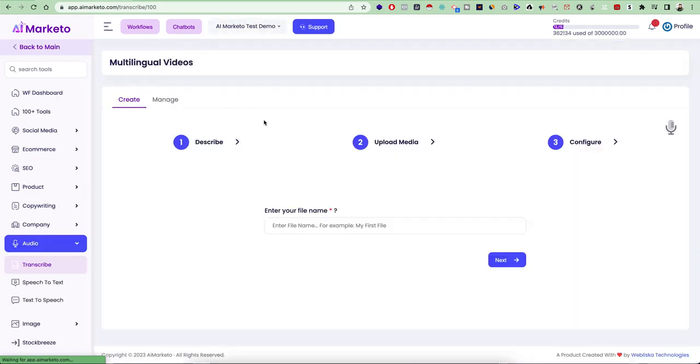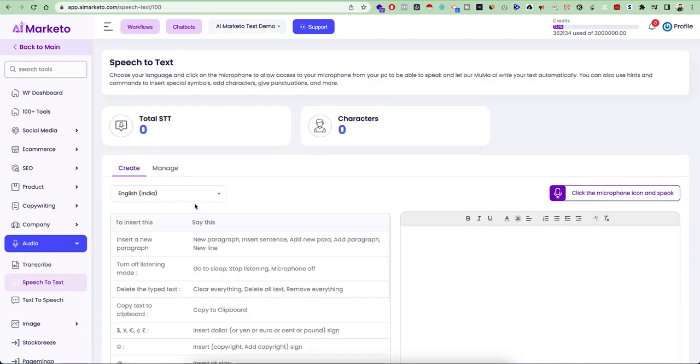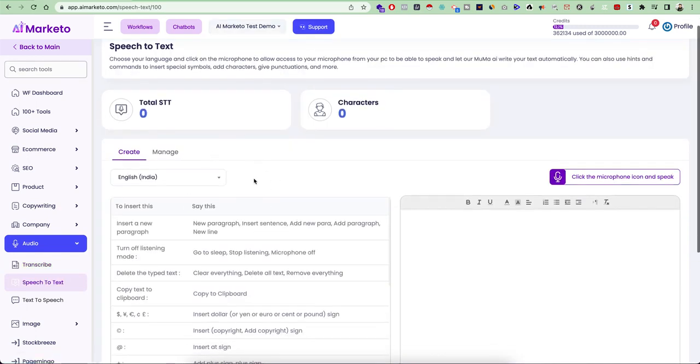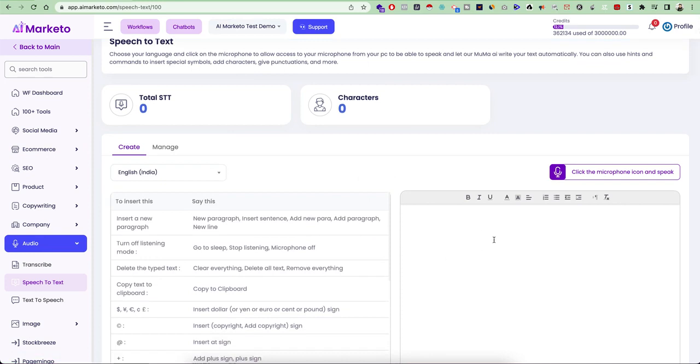So you just go here, you have different upload options, and you can also import YouTube videos directly, and it is going to give you the entire transcriptions from there. Then you have speech to text, where you can simply speak in front of the mic, and after that it is going to give you speech to text, right? So whatever you say or speak, it is going to give you all the transcriptions over there. So for example, if I just click on the microphone here,